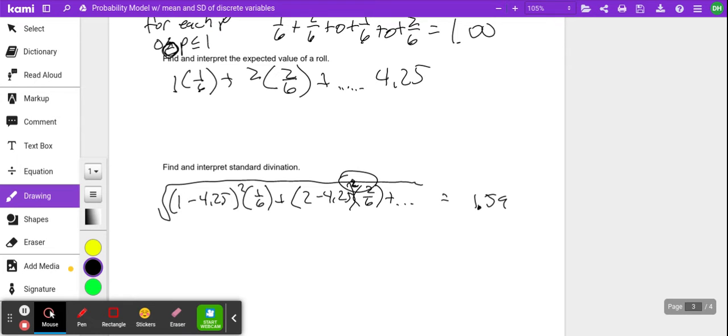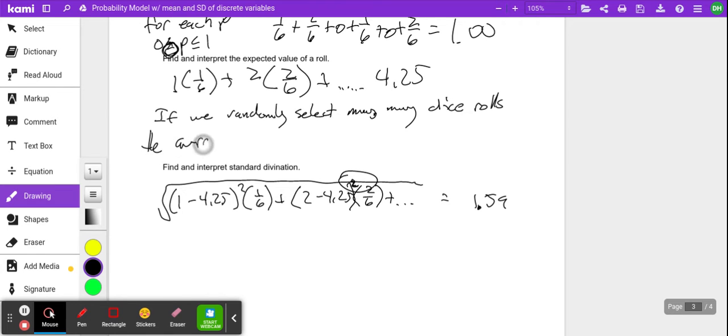All right, and then interpret. If we randomly select many dice rolls or number cube rolls. You know what? I'm just going to write dice rolls. Sorry. It doesn't matter. They don't like using the word dice because that's what they use in gambling games. So they want to say number cubes, but I'm just going to, I guess, be a rebel and say dice instead. After many dice rolls, the average roll,